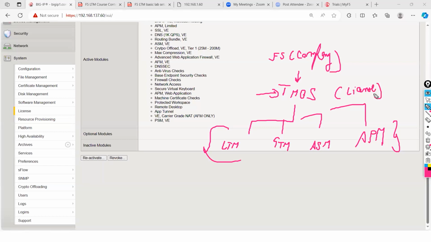Only requirement is you need to ask customer whether they only want to use LTM, GTM, or ASM or APM. According to that, F5 will provide you a license copy. Only that thing you need to take care. That is called resource provisioning, that I will show you in live class.